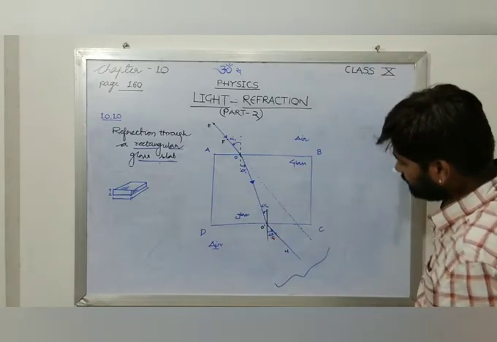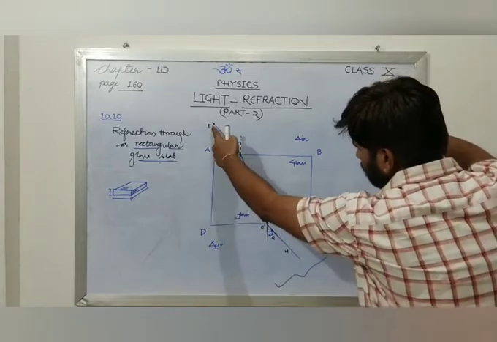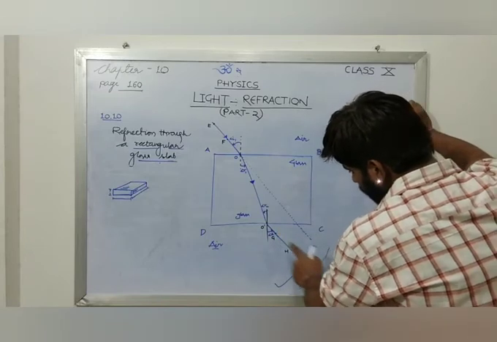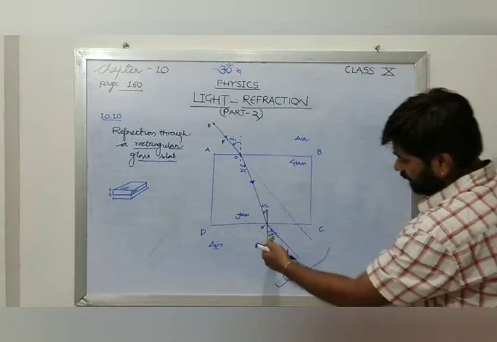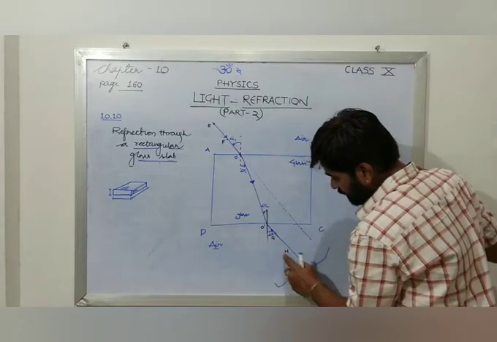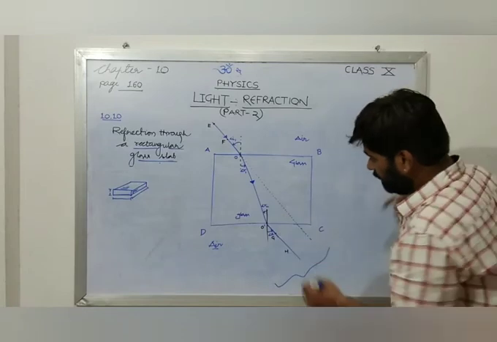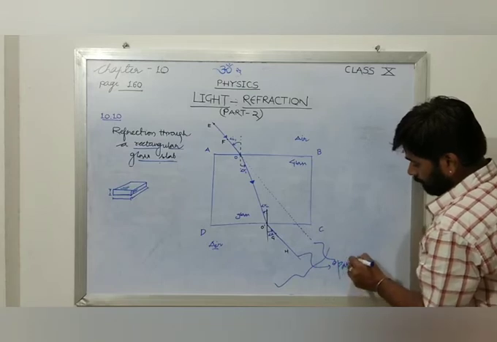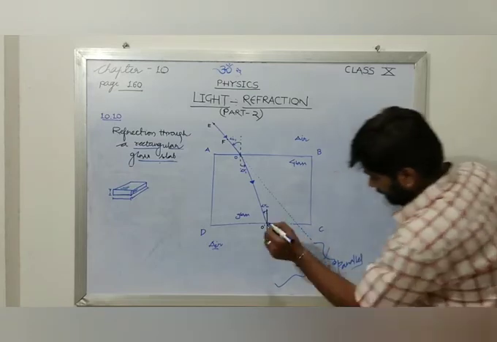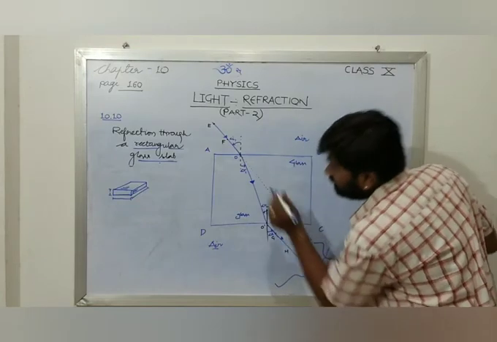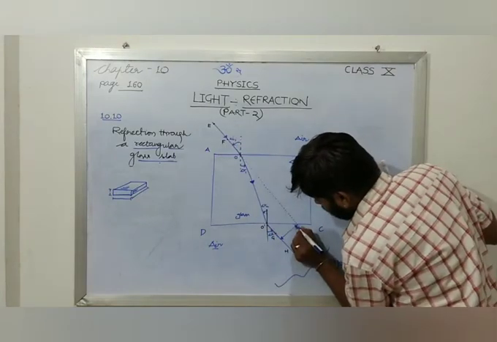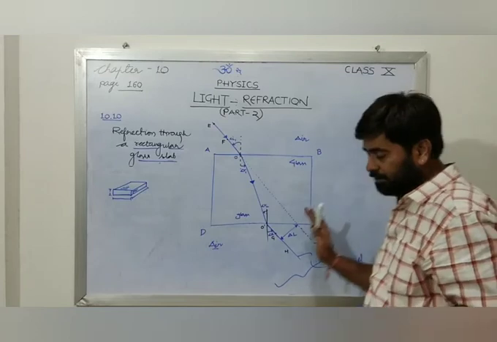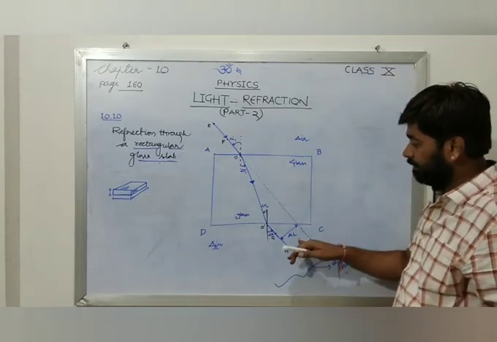Now we see that the initial direction of the light ray was this, and this time we got one more direction for that light, that is O dash G H. The similarity between these two is that they are both parallel. Yes, but they are shifted. Our initial direction got shifted by a particular distance, say delta L. The shift is known as lateral shift.